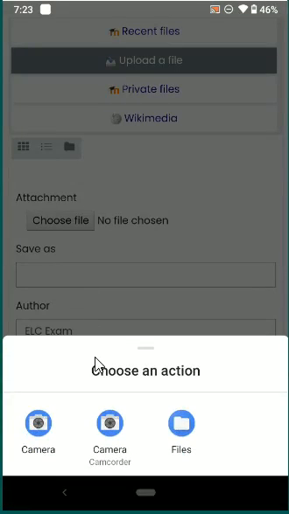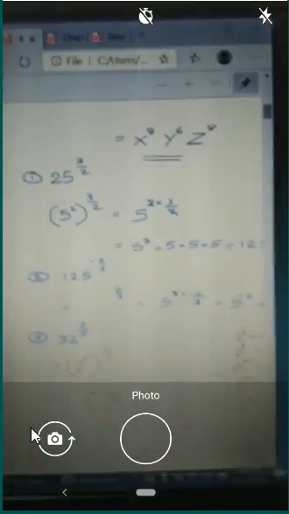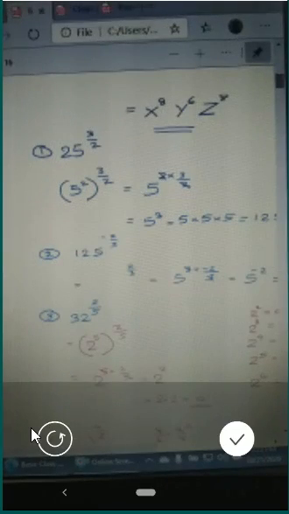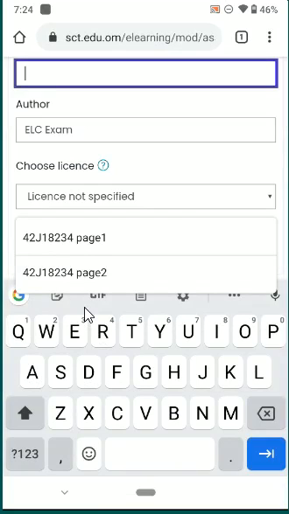Now the question is, do you want to use the camera directly or do you already have the files on your mobile phone? So I am tapping the camera and I am opening my answers. I'll take the photo, I'll accept. The file name will come here, but you will save it as your college ID and page 1.